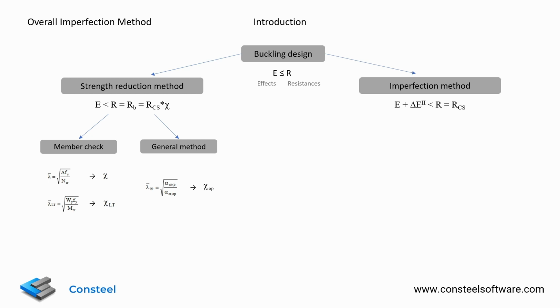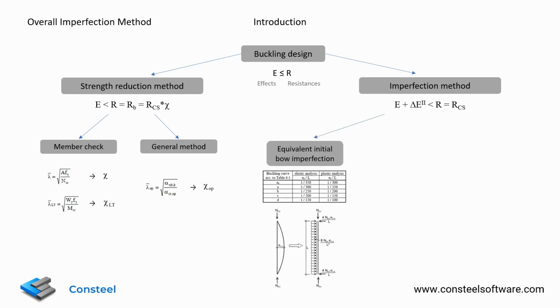There are two options available in the Eurocode to get the scaling for the imperfection. The first one is the equivalent initial bow imperfection, which works with simple formulas and usually gives a quite conservative estimation. The second one is the equivalent imperfection, where a more advanced formula is available, which accurately approximates the scaling, but still only applicable for flexural buckling and a very limited range of structural properties.